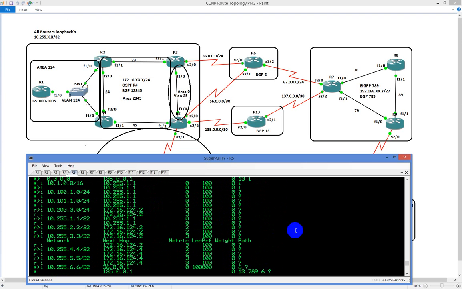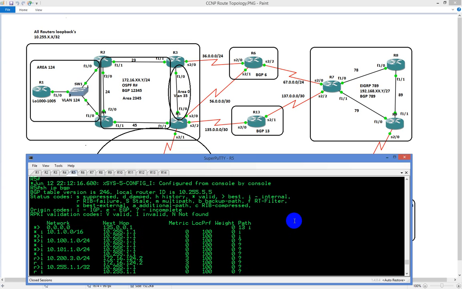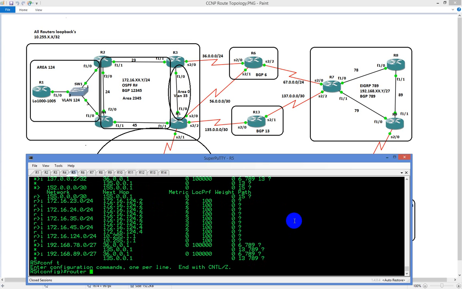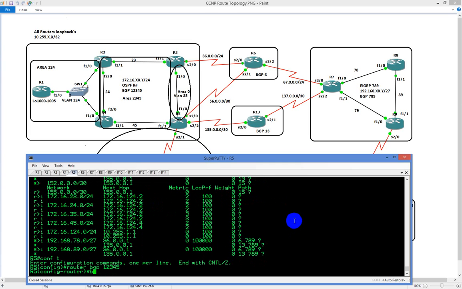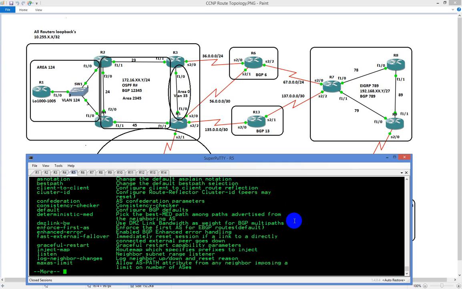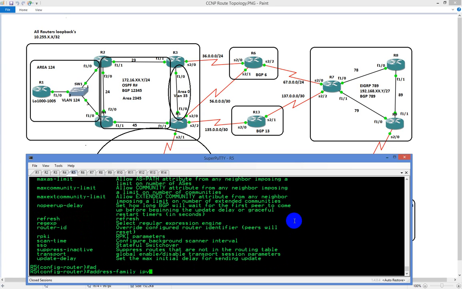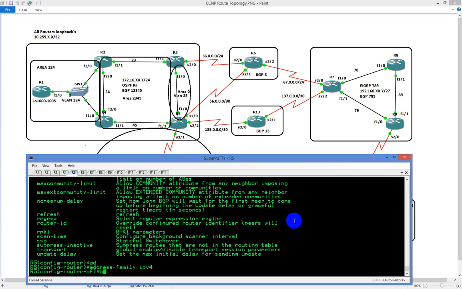Basically, if you were to look at this, all the zeros, I'm going to make this a little easier for you guys to see. I'm going to go to global config, type in router BGP 12345, type in BGP. Is it going to let me type it in here? No, I bet you have to go underneath the address family. Address family IPv4, and then BGP